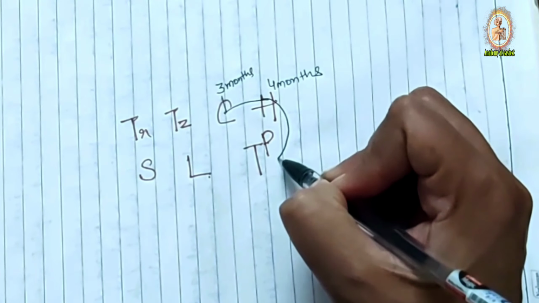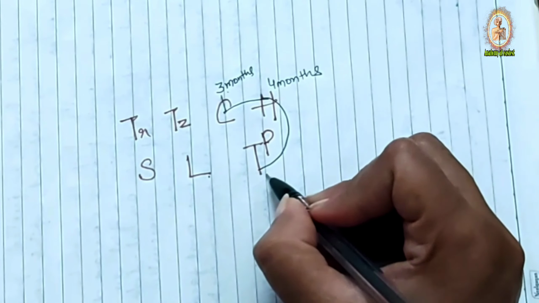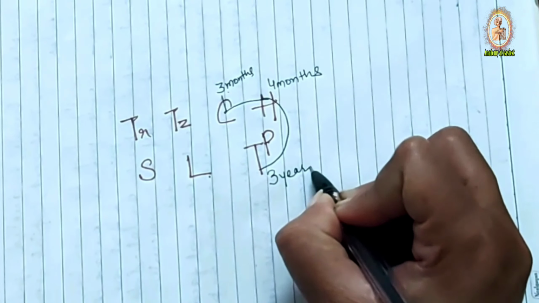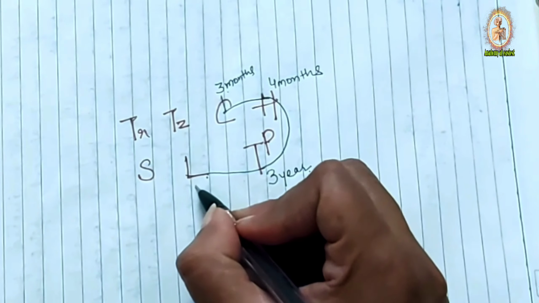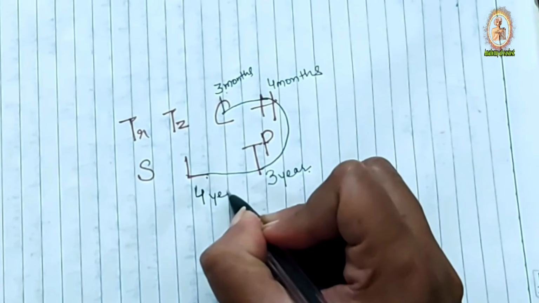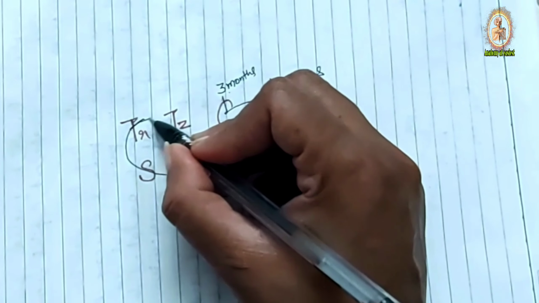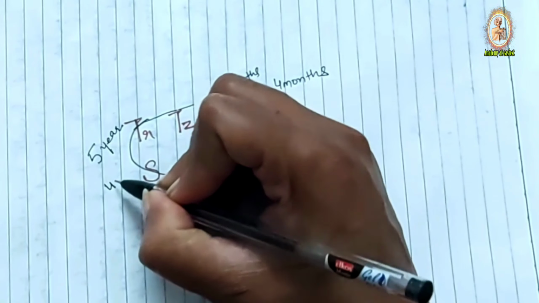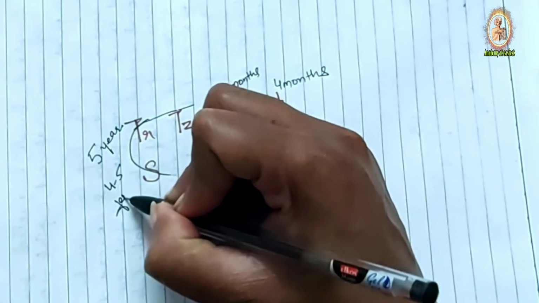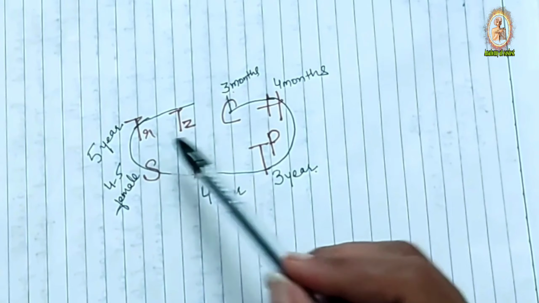Then we come to trapezium. We started with 3rd month, so here the 3rd year comes. Trapezium forms in 3rd year. Then we go to lunate. It forms in 4th year. Then scaphoid, trapezium and trapezoid all form in 5th year in male and 4 to 5 years in female. So you can learn 5 only: 3 month, 4 month, 3rd year, 4th year and 5th.